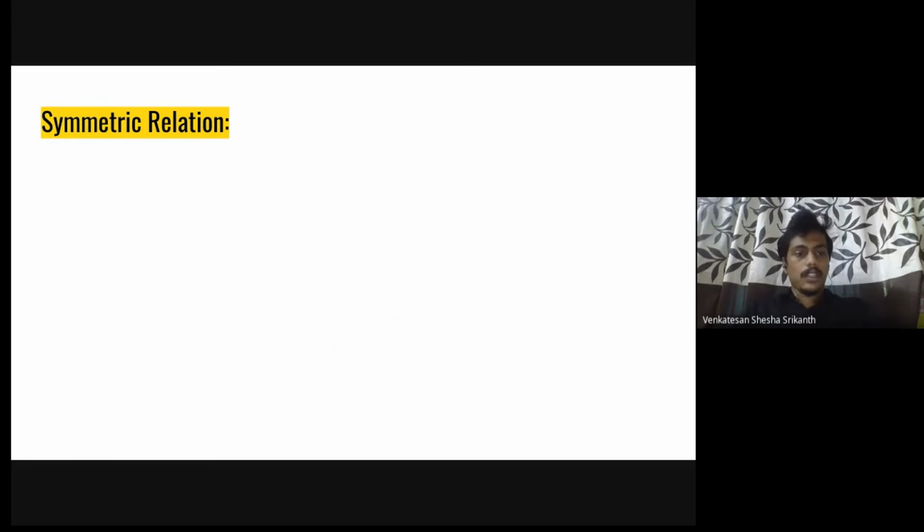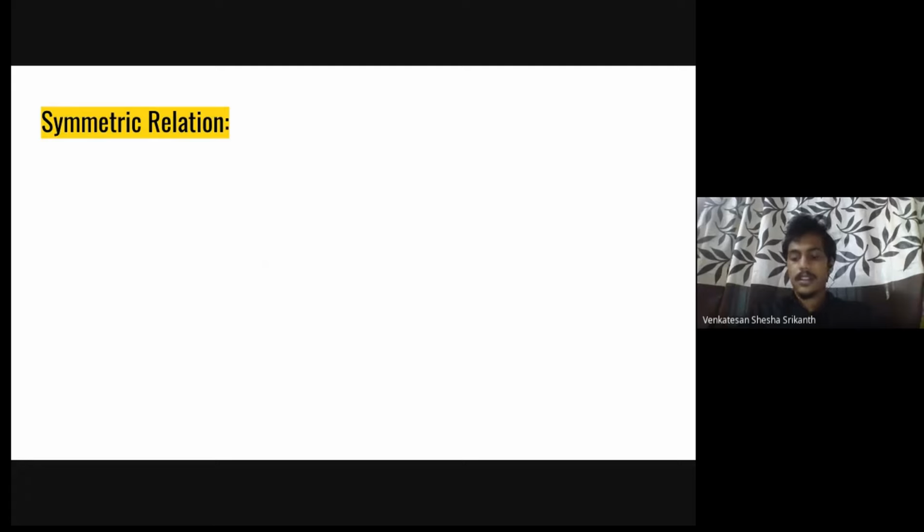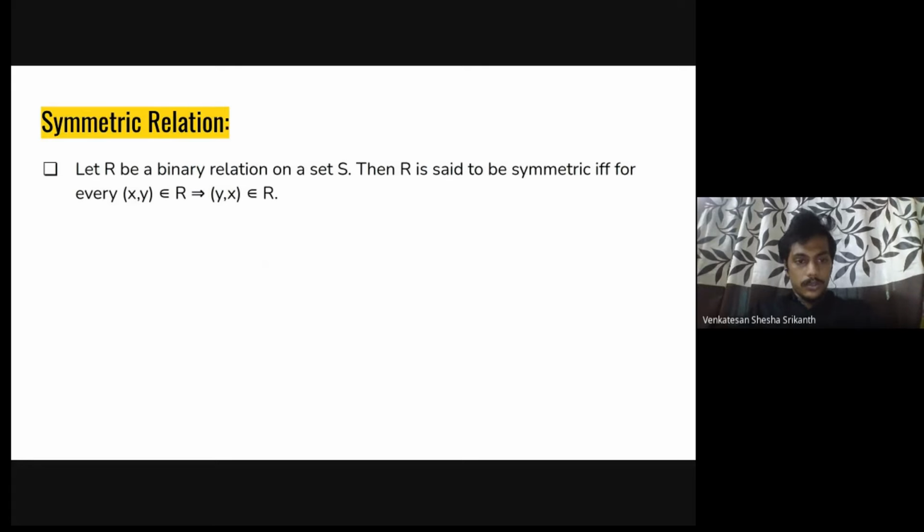So as we saw what exactly a reflexive relation is, let us move on to symmetric relation. This is the formal definition of symmetric relation.